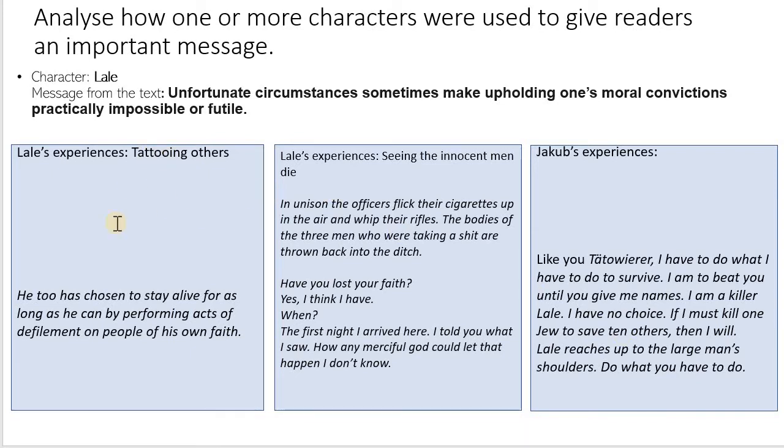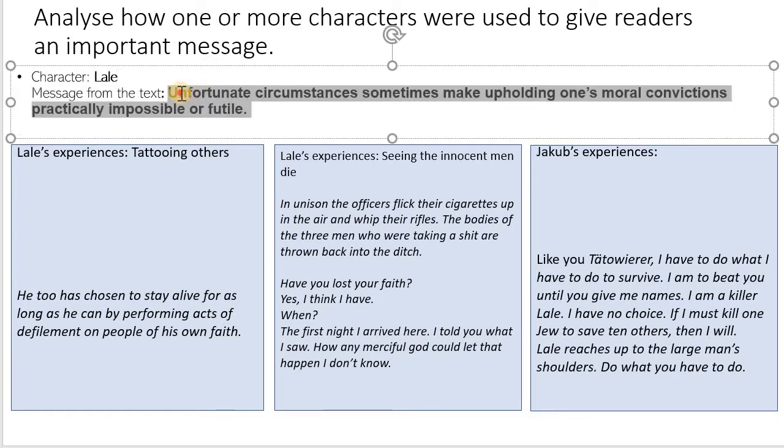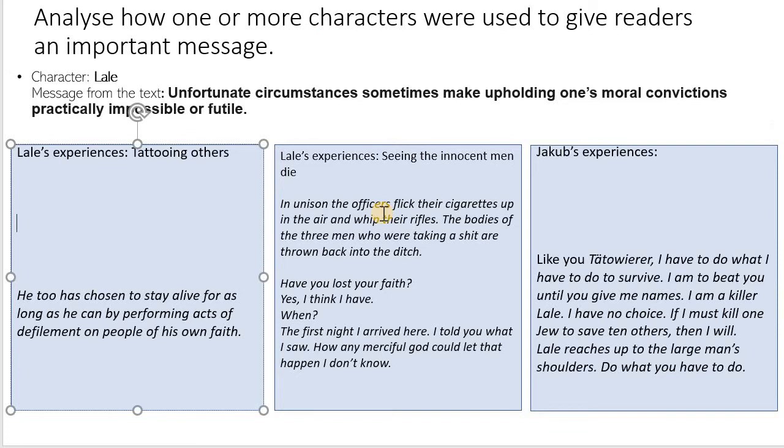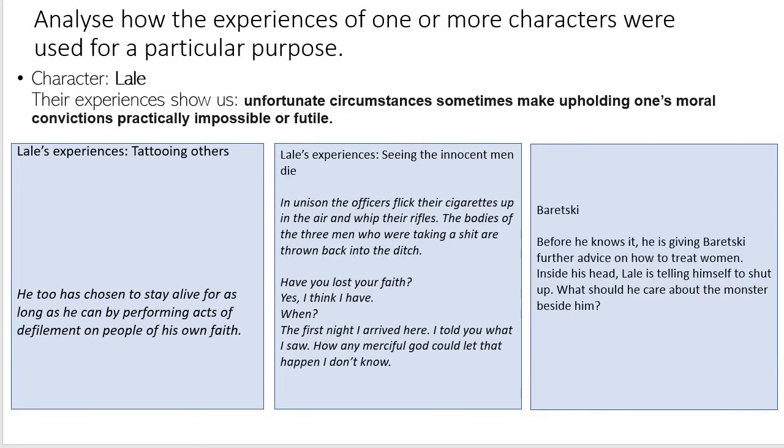So it's the same thing. It's the same idea of like, how do Lale's experiences, or this time it's actually how does Lale just give us the important message? So the message is this: unfortunate circumstances can make upholding convictions impossible. And I just need to make sure I clearly explain how he shows me that. Okay, so hopefully you're able to see the links kind of between all these,